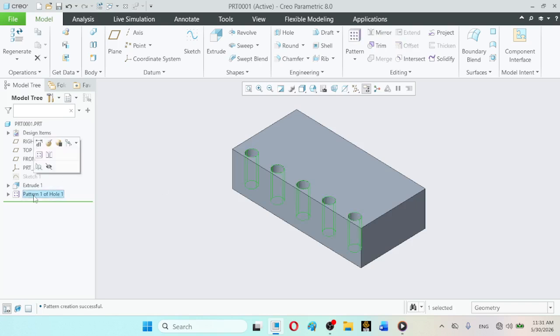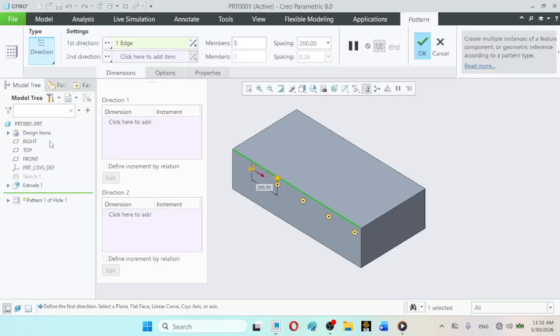And again go into the editing mode, and here this was the first direction. Here it is the flip first direction option, which means the opposite way. Because the model is in this direction, if we flip it, it will go in the other direction, which is not required.